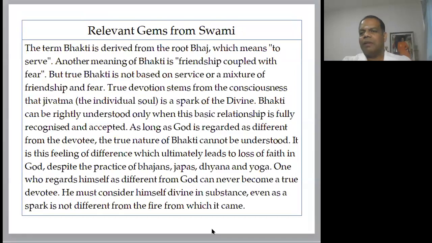So I picked this up because of Beda Abhavat. Only such people who have that feeling that we are also no different than the Lord, or lead a life which is not different from the life of the Lord, such people can be called true devotees. So that's what Swami is trying to say. That's the highest state of devotion towards which Swami wants us to strive. I think that's my understanding.